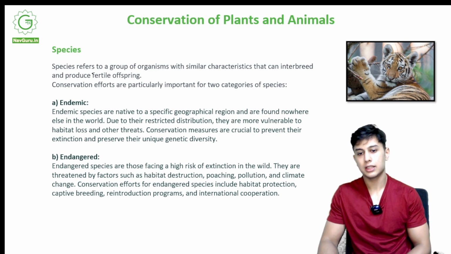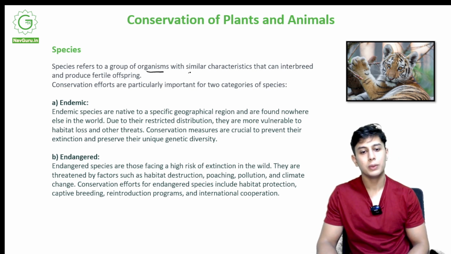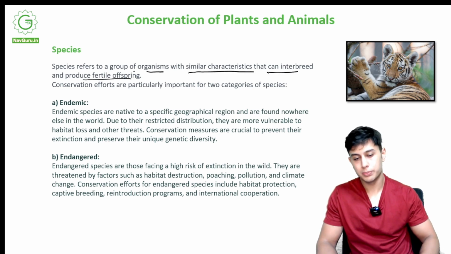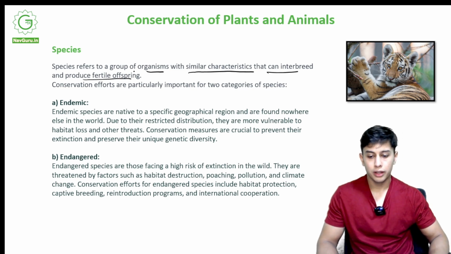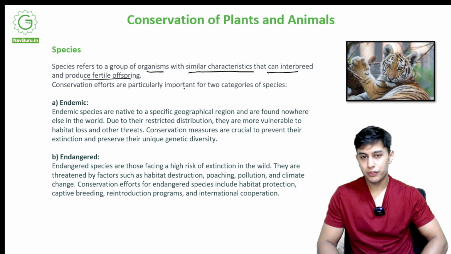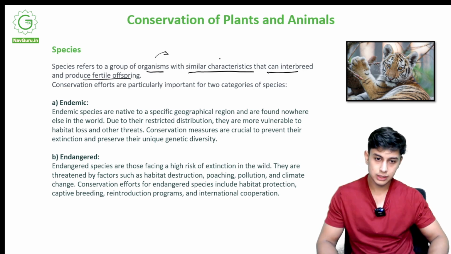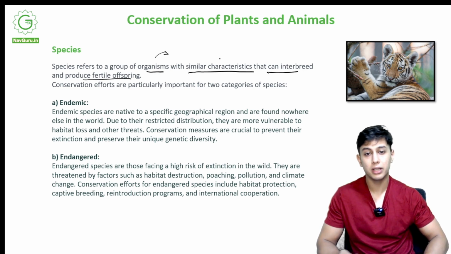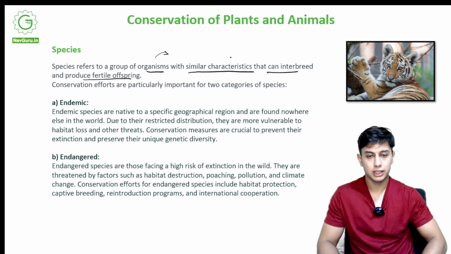What are species? Now we define species. Species refers to a group of organisms with similar characteristics that can interbreed and produce fertile offspring. So humans are a species. A species is a group of creatures that have similar characteristics. They look similar, they act similar, they have similar senses of hearing, similar food, similar way of living. So tigers are a species,